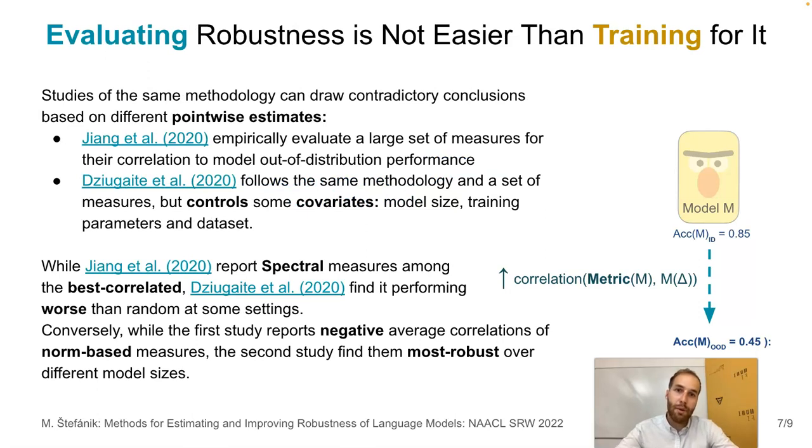The search for well-performing generalization measures is one of the cases where the systematic evaluation is crucial. We find examples where the two studies that differ only in the evaluation methodology can draw orthogonal conclusions. Specifically, the first study averages correlation for each measure, while the latter one performs finer-grained analysis. As a result, the studies draw some exclusive conclusions on the measure's quality and applicability on the norm-based and spectral measures.